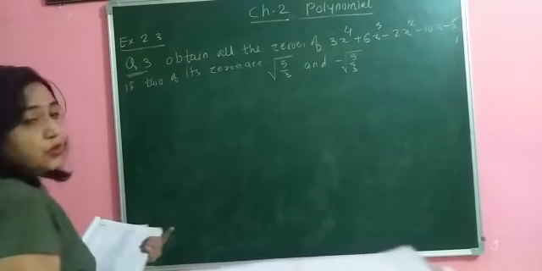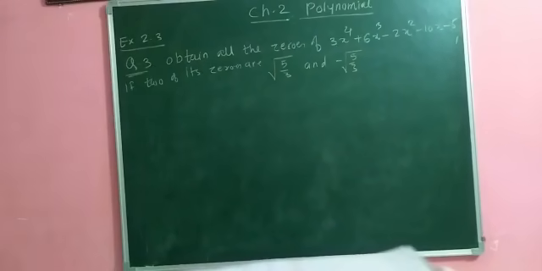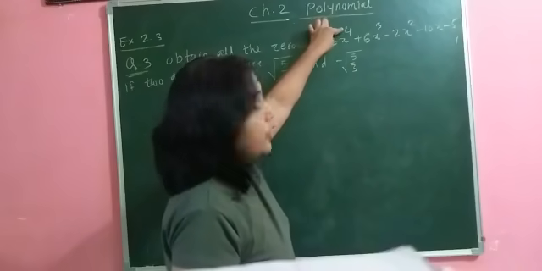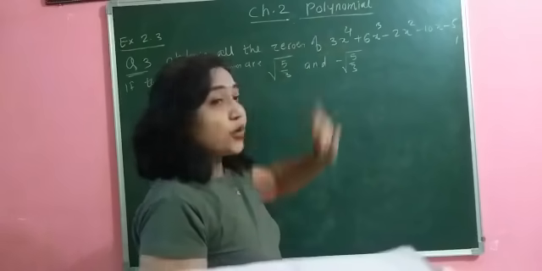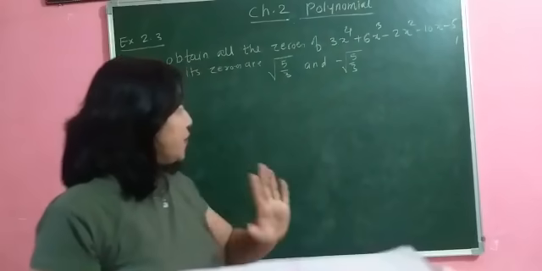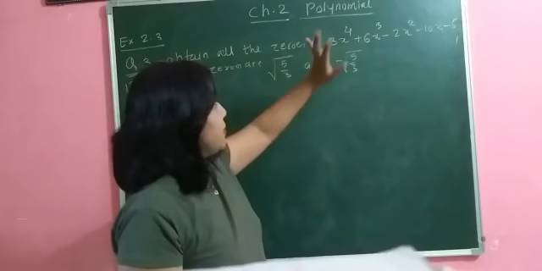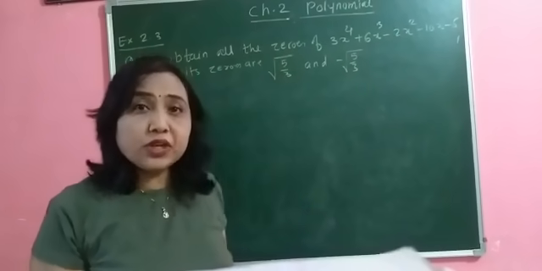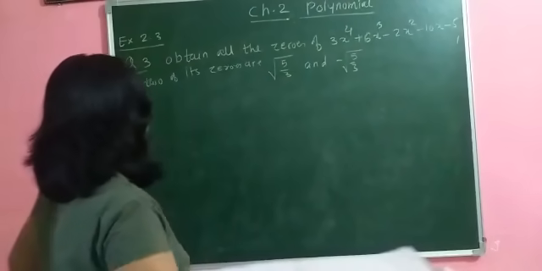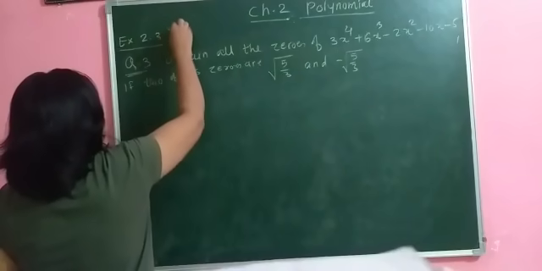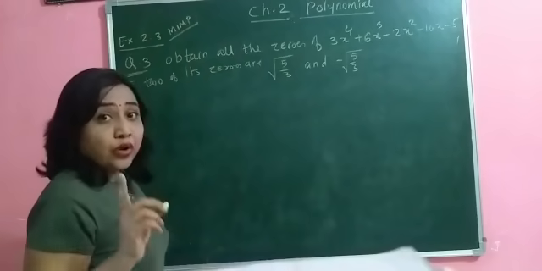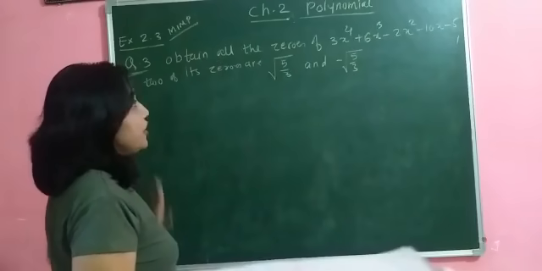Okay. So here, see what is the power of this polynomial? 4. Okay, so most probably you will get 4 zeros, but here 2 zeros are given and they are saying that find out the other 2 zeros. So what is the method? This is a most important question, asked a number of times in board exams. So this is a most important question.